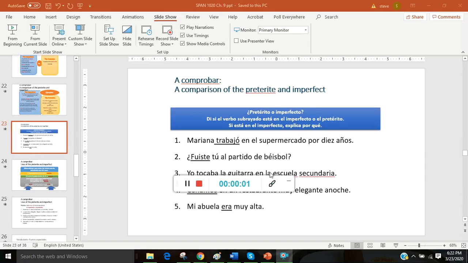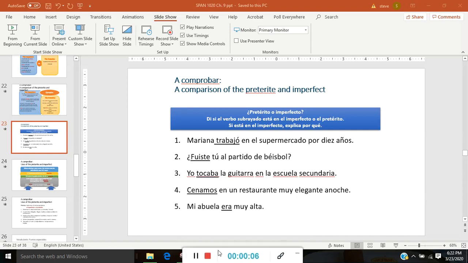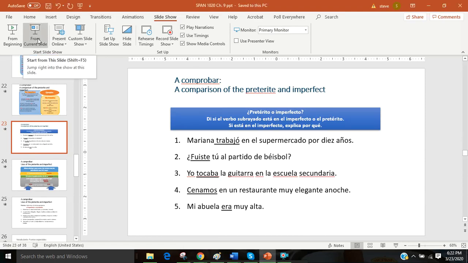Hola a todos. Today, we're going to review the preterite and the imperfect. We'll do an interpretive task for the IPA, the second IPA, and then we'll look at another function of preterite and imperfect. Para empezar,